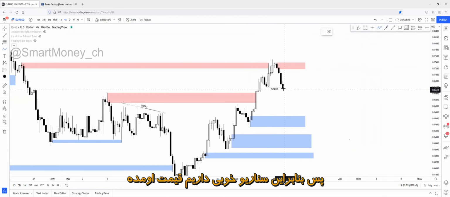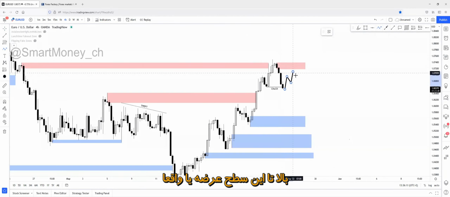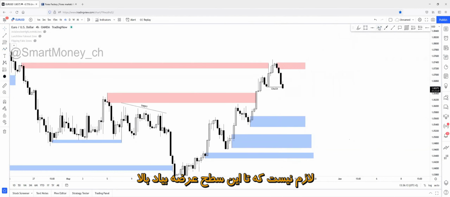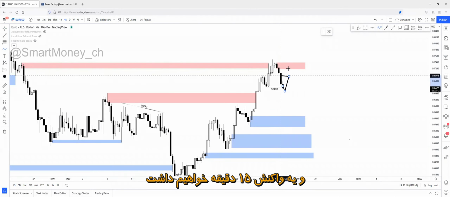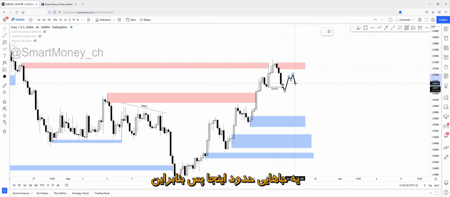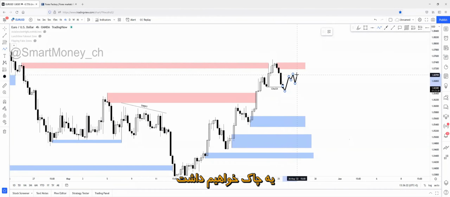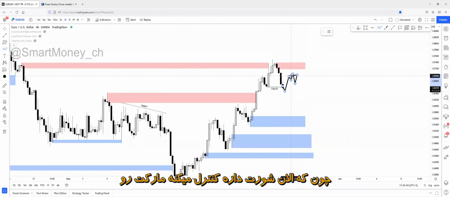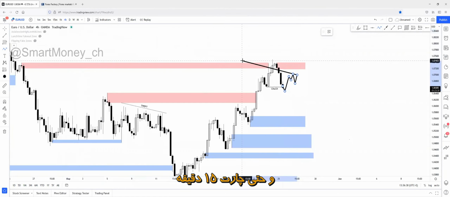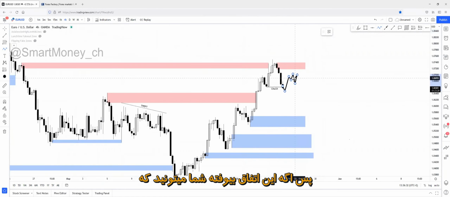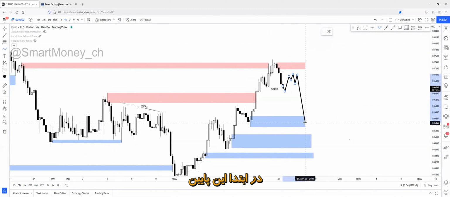So for example, a good scenario: price comes up to the supply zone, or it doesn't really have to come up to the supply zone. And mainly, I believe there won't be a 4-hour supply reaction. There will be just a 15-minute supply reaction somewhere around here. So there will be a supply reaction, change of character, and you'll be able to enter a short trade, because right now short is the controlling side of the market on the 4-hour chart and more likely on the 15-minute chart too. So if this happens, you will be able to enter a short trade targeting this demand zone down here